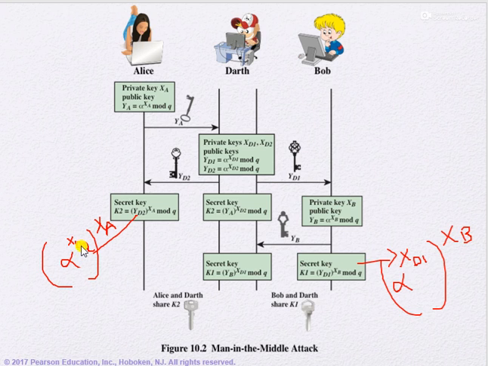Now this is x raised to the power d2 xa and this is x alpha raised to the power xd1 xb. So k2 and k1 are not the same secret key. They do not share the same secret key. They actually share the key with Darth, the man in the middle, and Darth can generate both k2 and k1 because he has ya, the public key of Alice, and xd2, his own